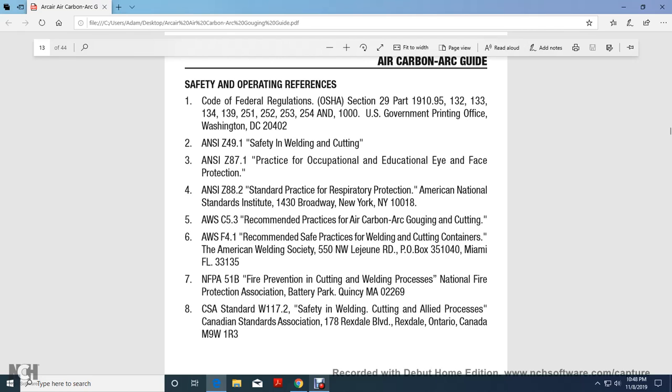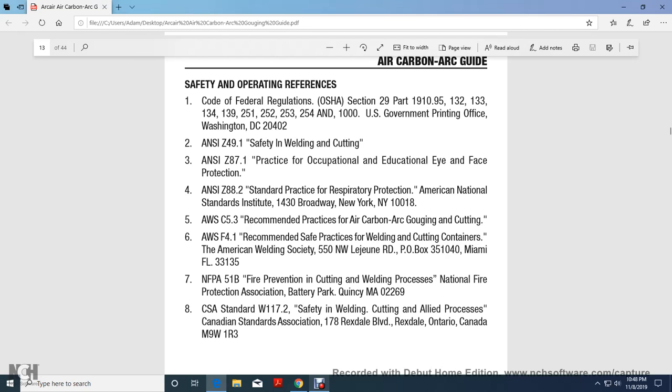American Welding Society C5.3, Recommended Practices for Air Carbon Arc Gouging and Cutting; F4.1, Recommended Safe Practices for Welding and Cutting Containers, American Welding Society, 550